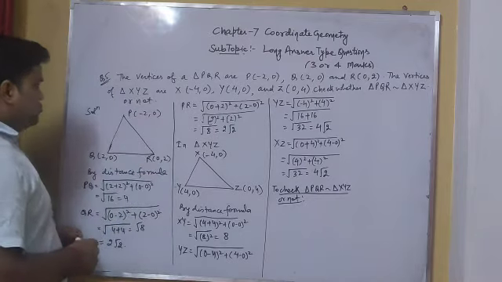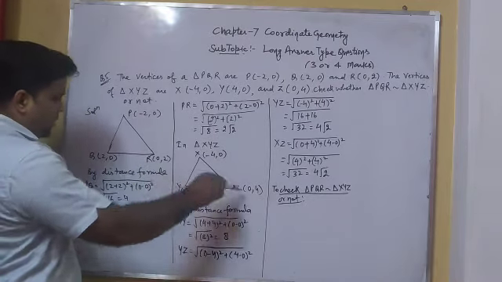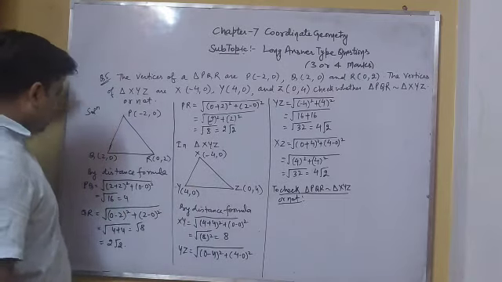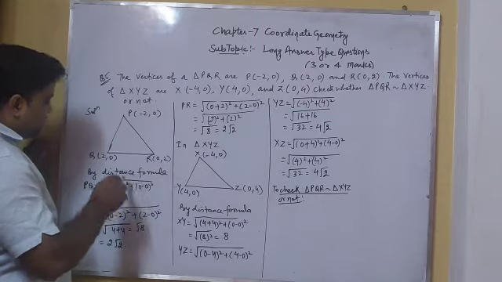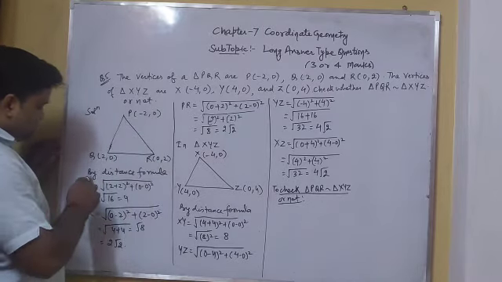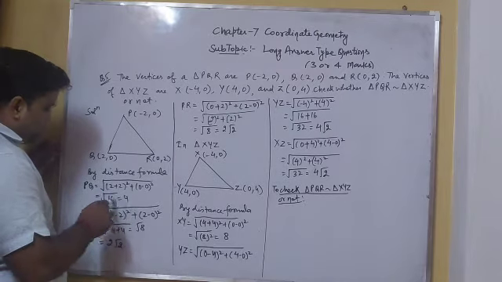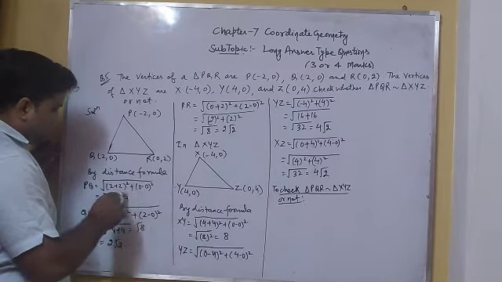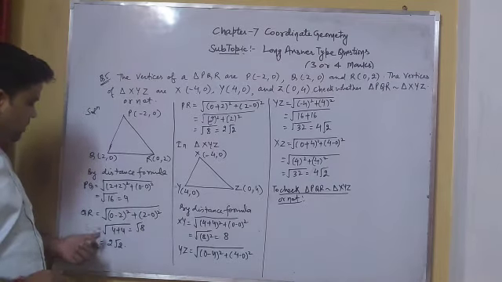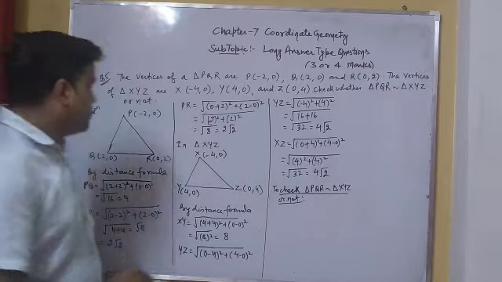Now let us come to the question. As we have the two triangles PQR and XYZ, first we draw these triangles, as the coordinates are given. First of all we apply the distance formula to find the distances PQ, QR and PR. On applying the distance formula and putting in all the values, we get PQ as 4. The distance between points Q and R, after solving, we get 2 root 2.